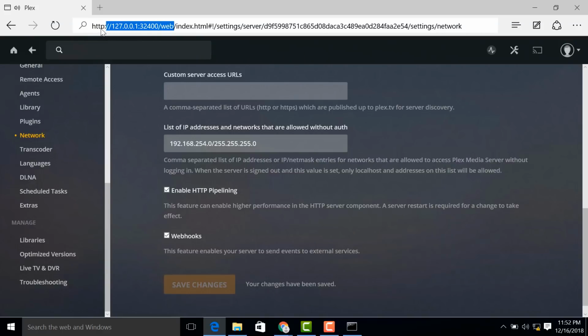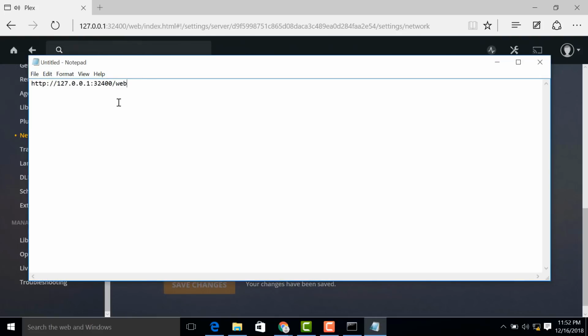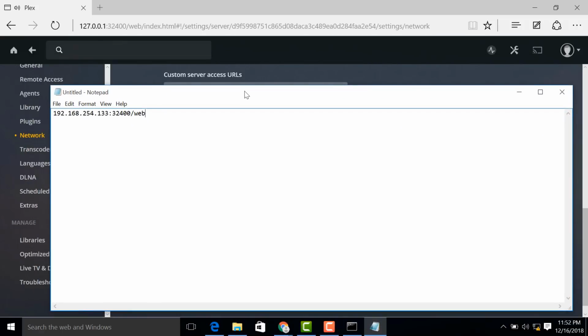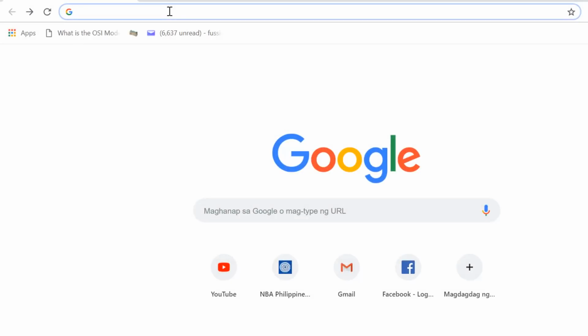We're going to get this one, copy, and then I'm just going to go to Notepad and put it here, and then change this one with 192.168.254.133. Actually, so that we'll not be typing too much on our web browser, we can remove that one, and then this will be the one that we are going to dial on our web browser, and we should be able to access those movies within our network. So I'm going to go to my laptop and try to access my media server, because this is my laptop right now and I've